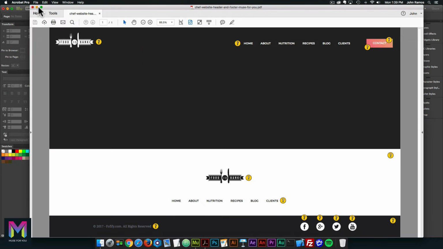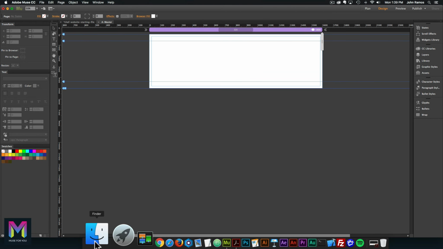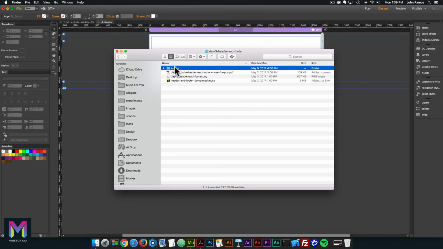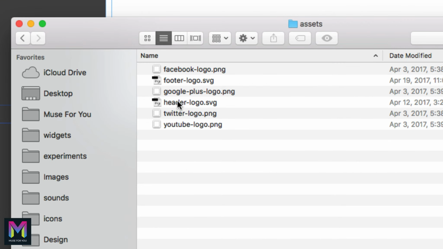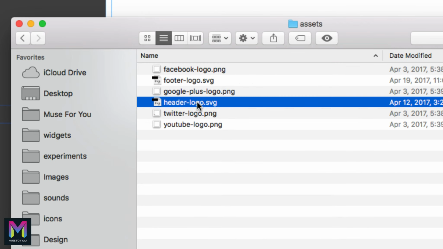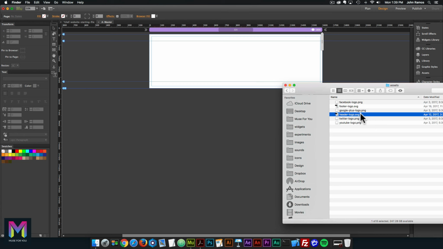All right. So because it's an asset, I'm going to go to my asset folder. So I'll go into the Finder, and here for day 3 we have the assets folder. So I'm going to double click, and here we have the header logo.svg. Did I say that right? Yeah, header logo.svg. All right, so then I'm gonna bring the Finder kind of to the side, because what I